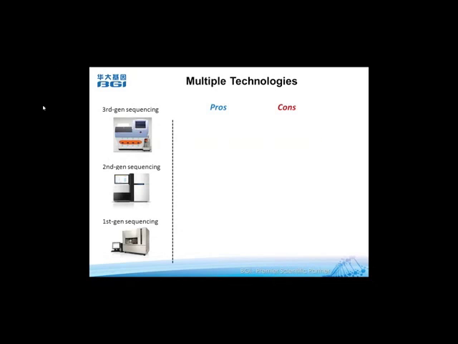So we employed multiple technologies. Here I'm going to talk a little bit about their pros and cons and why we chose them. The Ion Torrent we used has the shortest turnaround time. That's why we could generate the results so fast and use that to make the PCR primers that were used in the clinic. However, it's lower throughput and less accurate. So we used the HiSeq, which has high throughput and more accuracy, although it takes longer, so the results take longer.